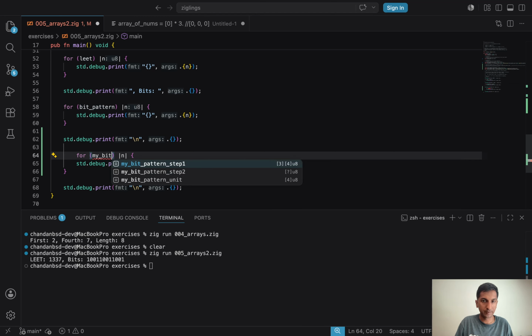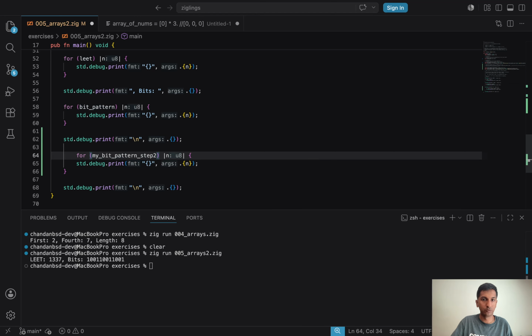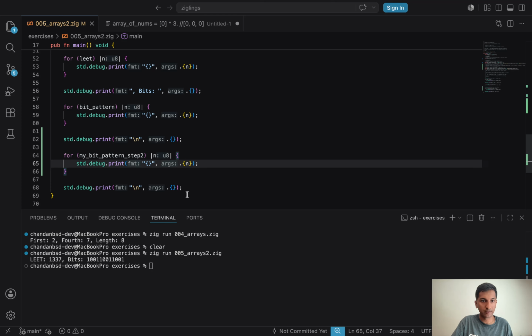Let me just try something. My bit pattern step 2. All right, let's run it. Yes. Initially, this is what was printed by